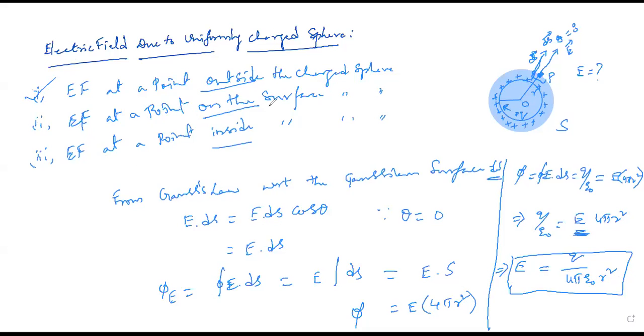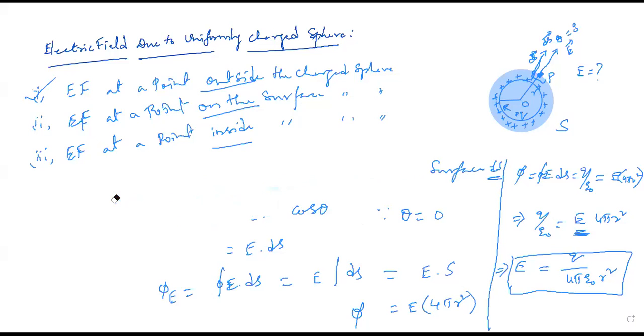Electric field intensity at a point on the surface of the charged sphere. On the surface means the diagram should be changed and we have to work it out. If it is clear, can I erase this? Students, can I erase this? If it is completed, can I erase this derivation? Completed all the steps? Done?